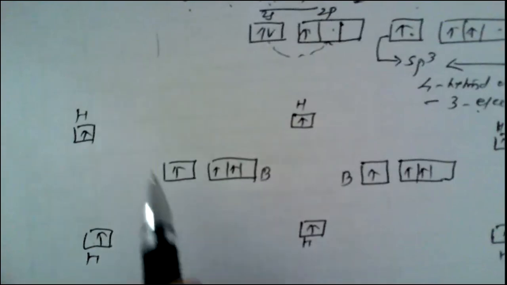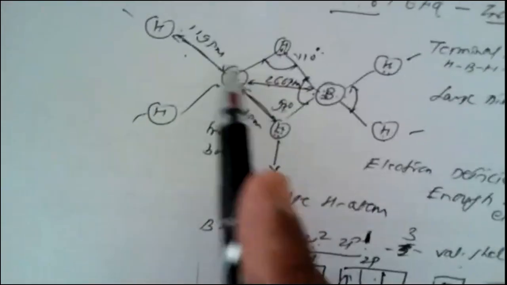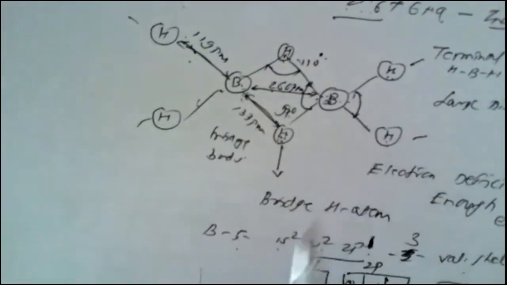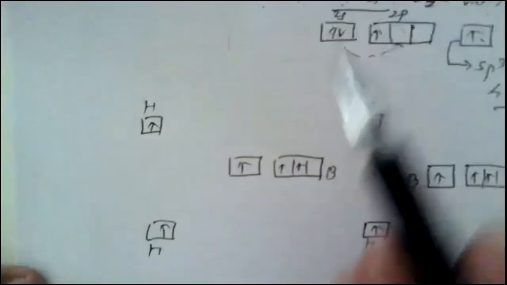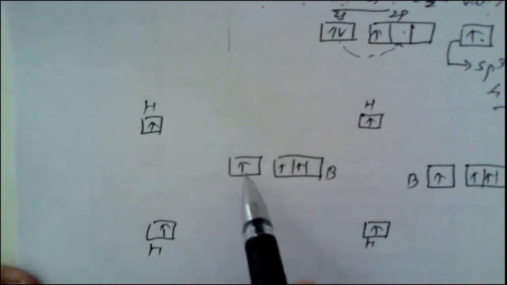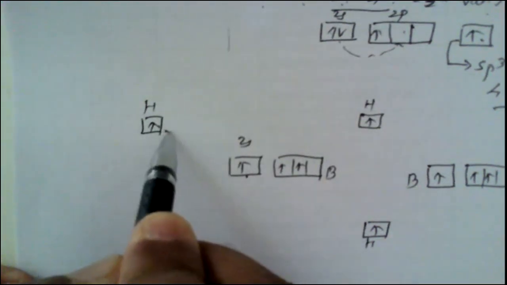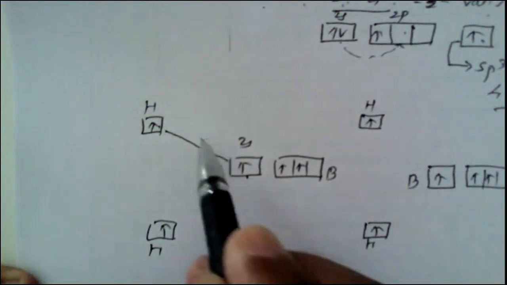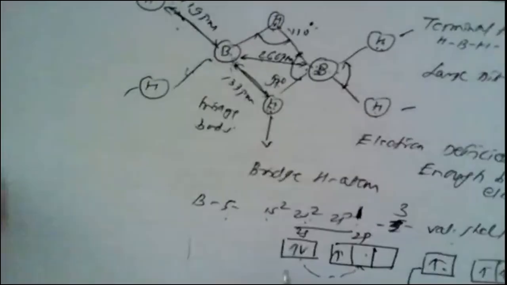Now, first of all, we shall see how these 2 plus 2, 4 terminal bonds are produced by boron. So here, this 2s orbital of boron and 1s orbital of hydrogen share a common pair of electrons and this bond is formed. Then the 2px orbital of boron and 1s orbital of hydrogen can form this bond that is known as a terminal bond. So these 2 bonds have been produced.